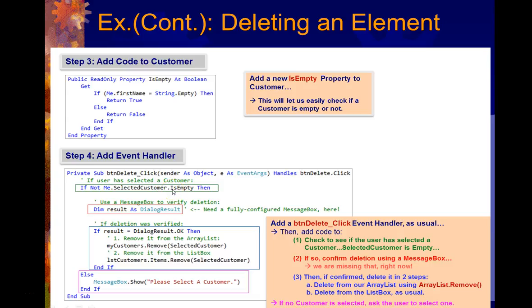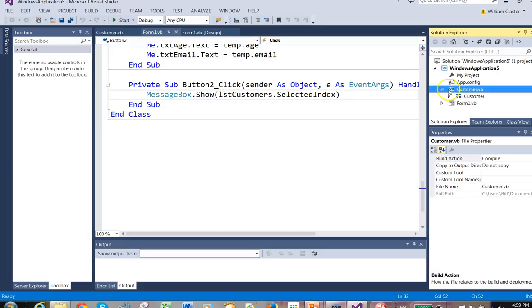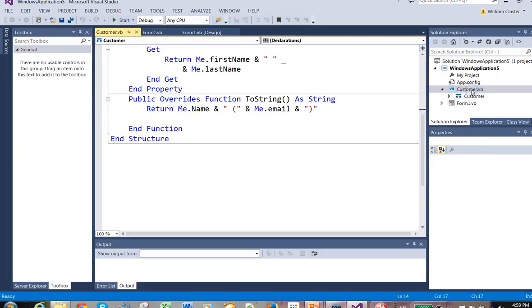So what he wants to do is have a property for customers, which is called isEmpty. So he has to build that property himself, and he does that up here. So this is building a property called isEmpty, and that's within the customer code. It's not on the form. It's back in the customer structure, which you remember is not in the form itself. It's customer.vb, which remember